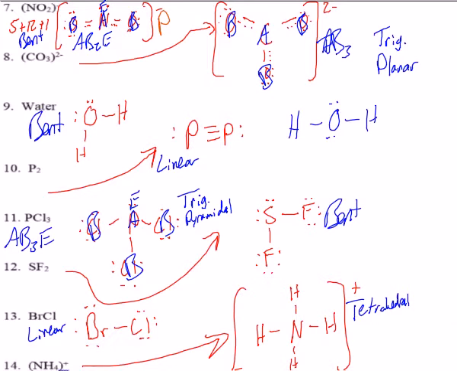Okay? Trigonal planar here, number 8, carbonate. That's going to be nonpolar. Good. Water is polar. P2 is going to be nonpolar. PCl3 is going to be polar. It's got that lone pair of electrons. SF2 is polar. BrCl is